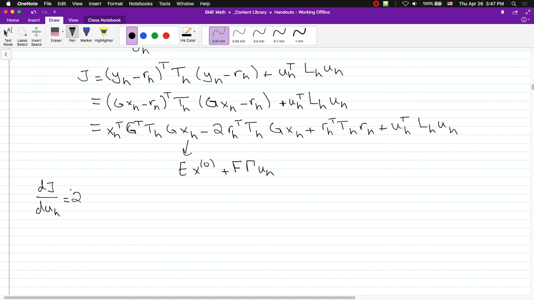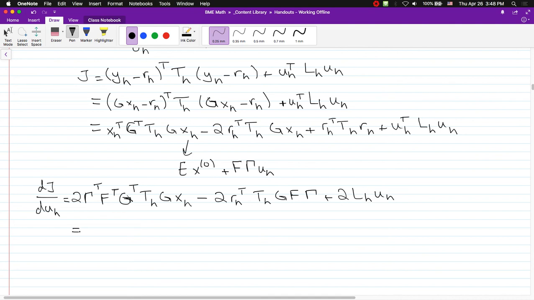Let's find the derivative with respect to XH first, then we'll find the derivative of XH with respect to UH. So the derivative with respect to XH is going to be gamma transpose F transpose G transpose T (G XH) minus 2 times RH transpose G F gamma, plus the last term 2 times LH UH. Well, that's equal to this term times